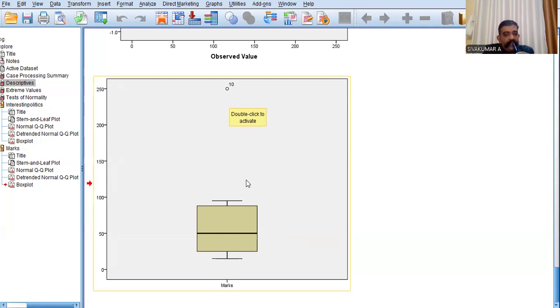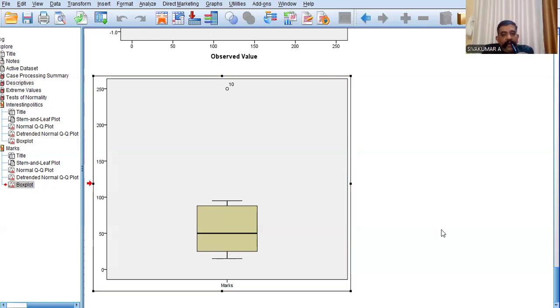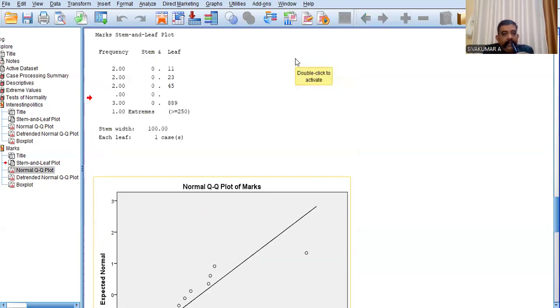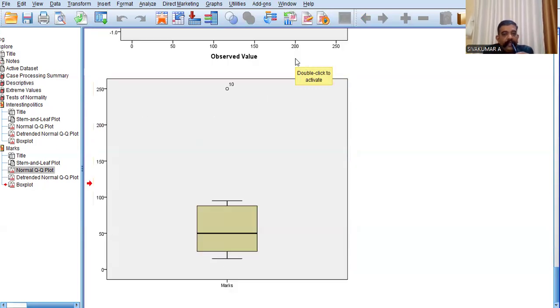Marks value lies very far from the main body. One value, that value 250, is the odd one out. That value lies far above the main body. That is a significant outlier. Then the third condition is not satisfied. That means the researcher has to assume the third condition as not satisfied. Third condition not satisfied. Fourth condition not satisfied.